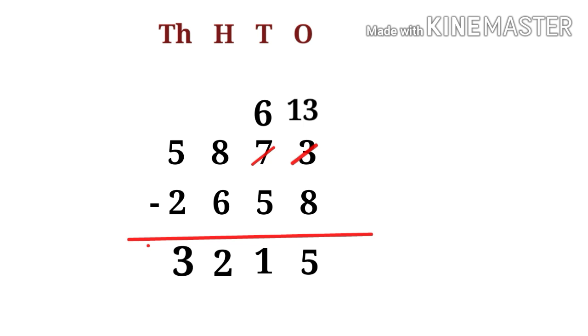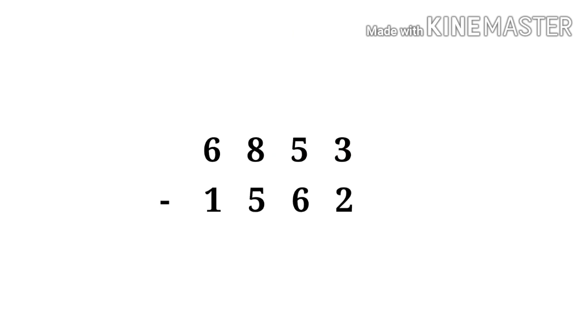So, when we subtract 5,873 and 2,658, we will get the difference as 3,215. One more example, 6,000